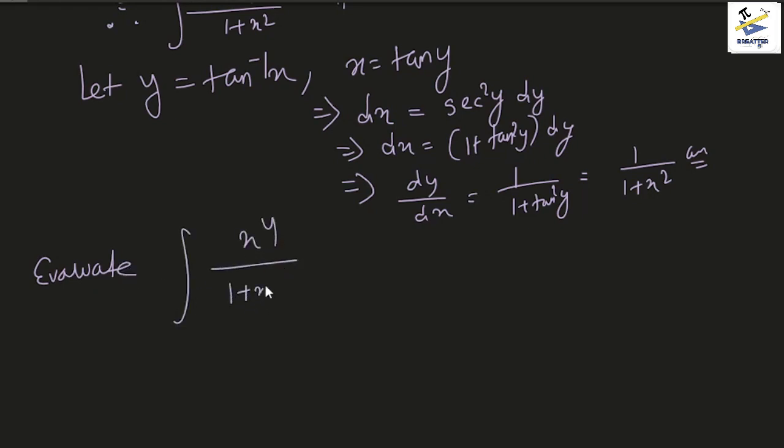Evaluate the integral of x to the power 4 by 1 plus x to the power 10 dx. Now at first glance, obviously we want to substitute for the denominator, but we see that the derivative of 1 plus x to the power 10 is not x to the power 4 dx, or rather not any constant multiple of x to the power 4 dx. But what we can do here is denote the integral by I,